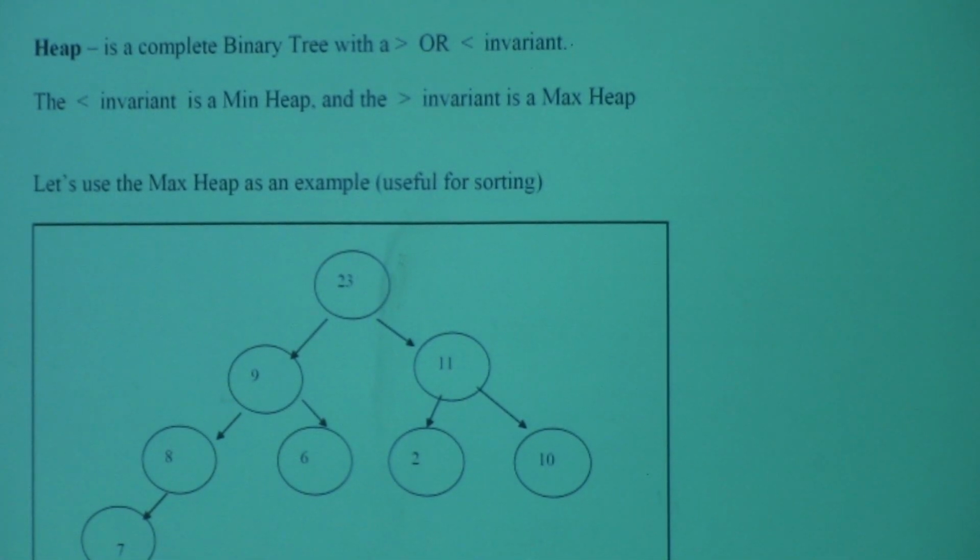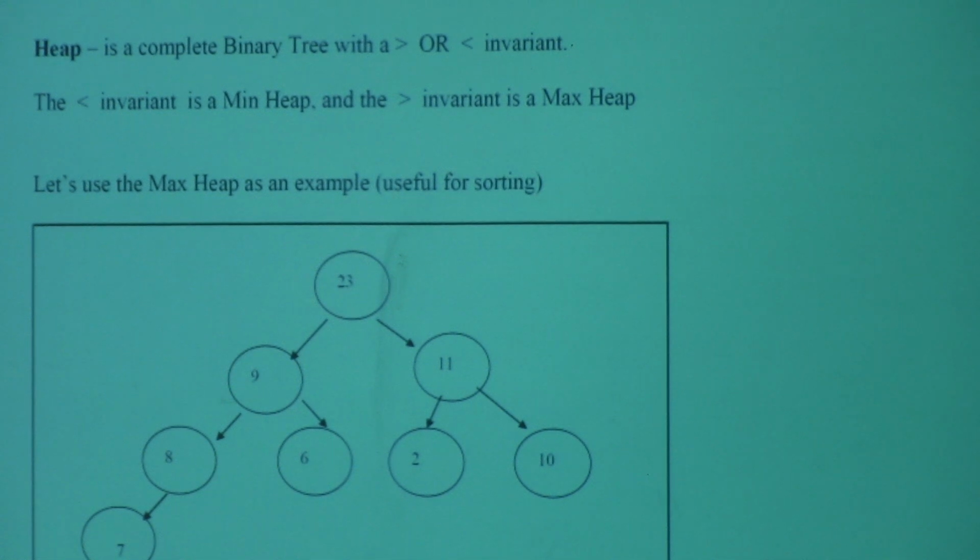A data structure called a heap is used for heap sort, and sometimes it's used for other applications, and I'll mention those as well. So first of all, what is a heap? Heap is a binary tree. From the visual standpoint, we can think of a heap as a binary tree, and it has two possibilities